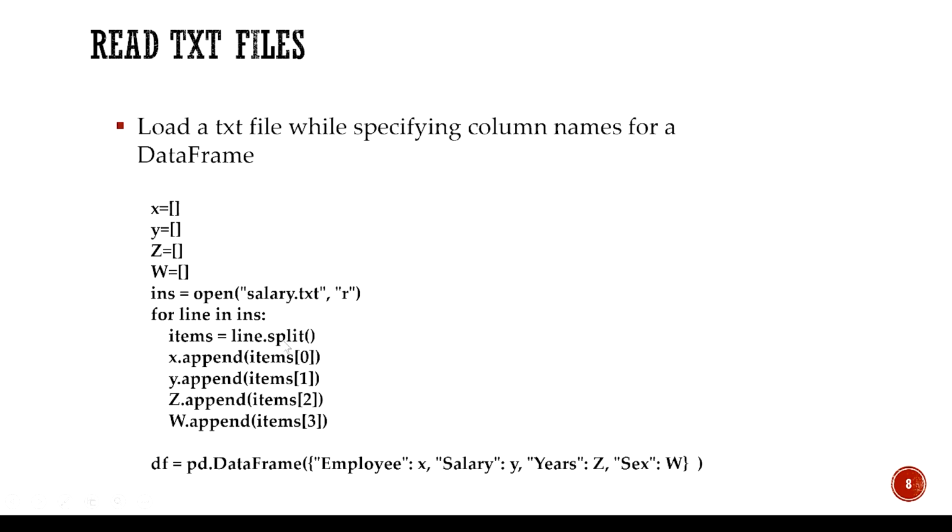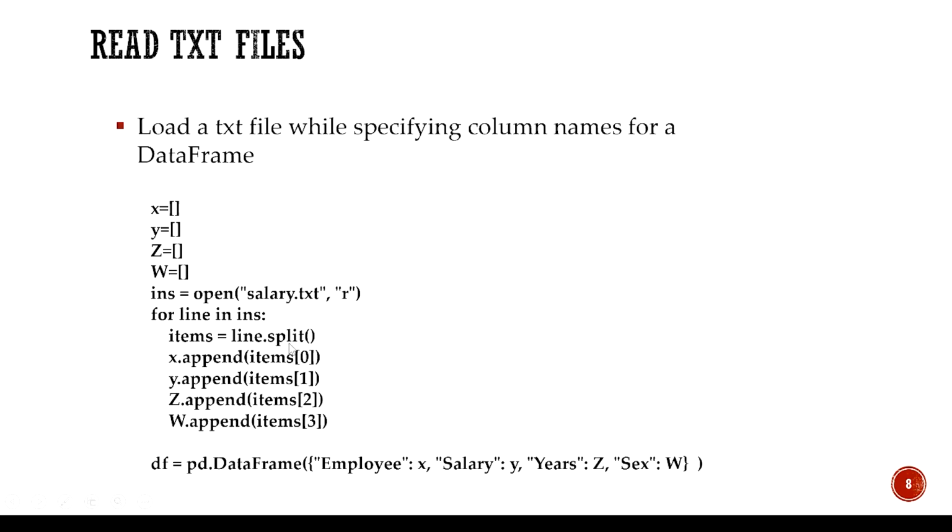First, we split the items in each line. So line.split by a space. So it goes through the first line and then splits the words by a space. So the first one is the employee names, and then a space, then it's split. The second item becomes their salary, and then